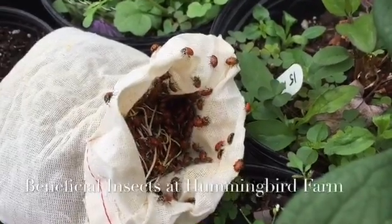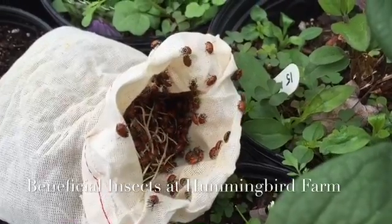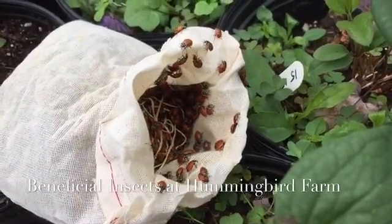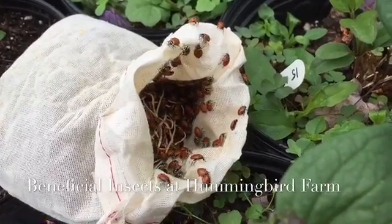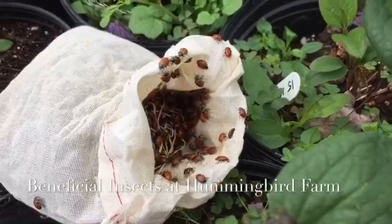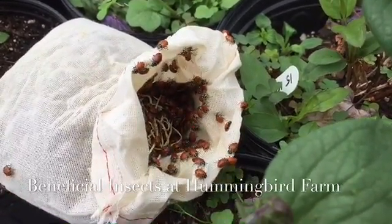Here at Hummingbird Farm, we practice something called integrated pest management. This means that our first line of defense is good cultural practices, proper feeding, watering, light, temperature, etc. Our second line of defense is using beneficial organisms that can be beneficial insects, or it can be beneficial microbes